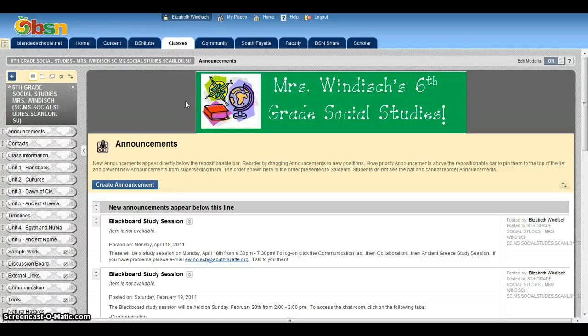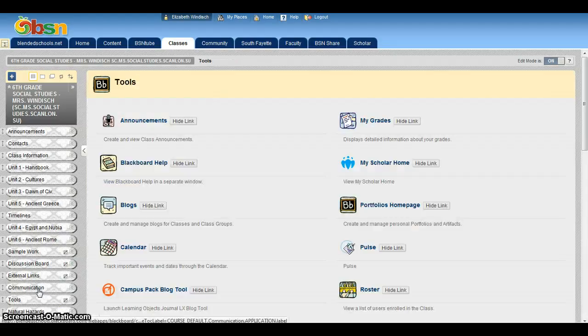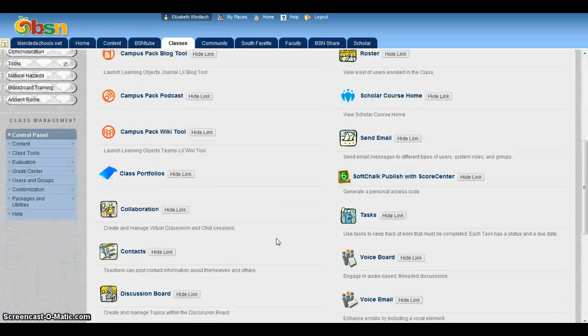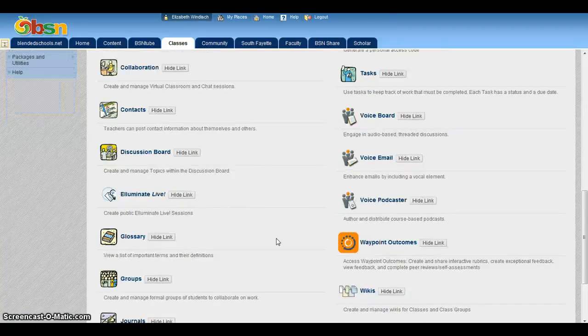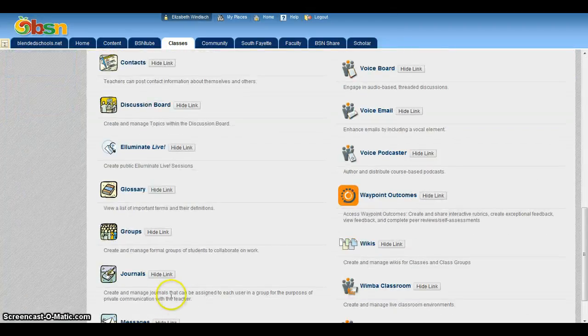The next feature that I'd like to show you is the journal feature. So to get to the journal feature, you're going to click into communication. And you want to scroll all the way down until you see journals. The description of the journal is to create and manage journals that can be assigned to